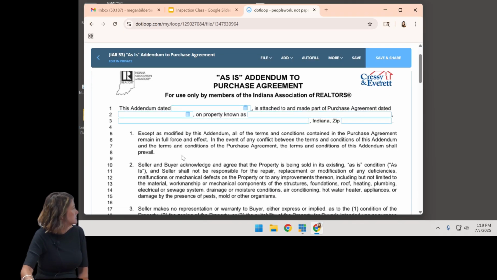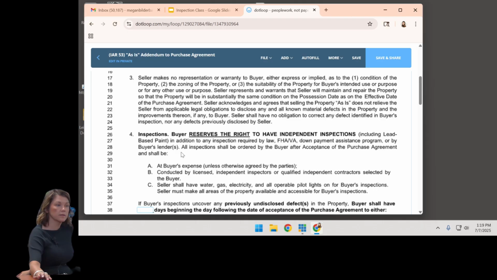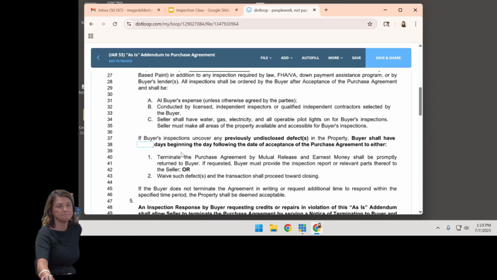All right, so this is the as-is addendum to the purchase agreement. So another one of these forms. Basically, the idea is that you are reserving the right for inspections, but the buyer is saying, hey, I'm going to take it no matter what. I just need to know, I want some information. But because it allows them to terminate with a mutual release and get their earnest money back if there is a defect,